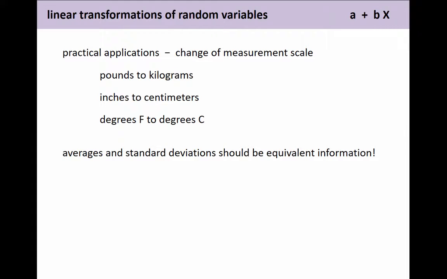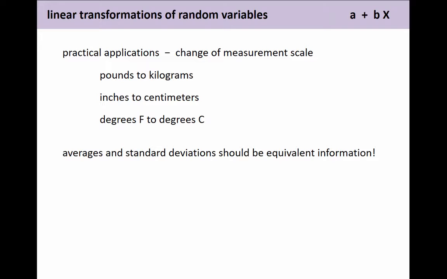Averages and standard deviations should be equivalent information, whether we're talking about the weight as 120 pounds or 50 kilograms. It's the same relationship, but we want to show algebraically what happens to those averages and standard deviations that leads